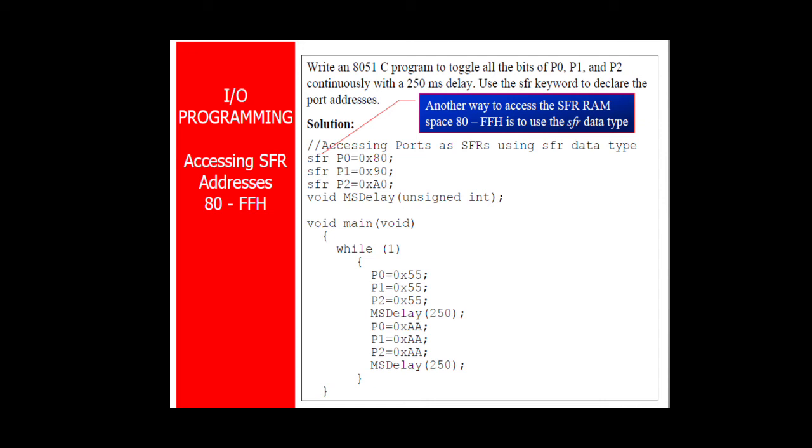Solution. First thing is accessing ports as SFRs using the SFR data type. Here we have the data type SFR, and we have initialized these ports with their addresses P0, P1, P2. You can see the address here.